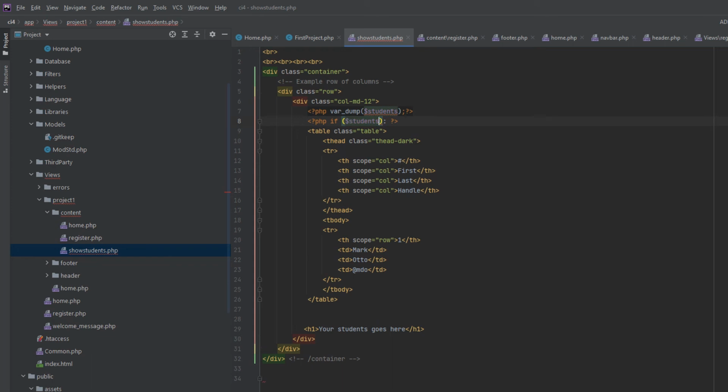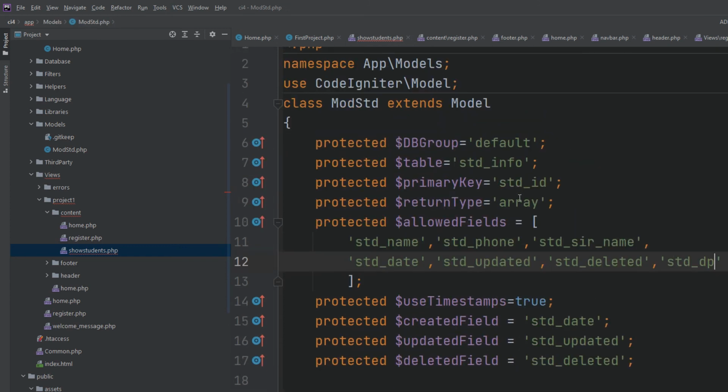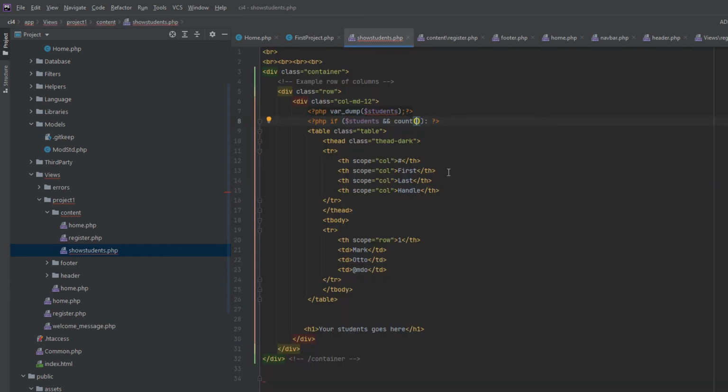I know that we are using the array as a return type, so that's why I always know that we always receive the data in the array format. Now I'm saying if we have the data greater than 0, that means we are getting the data. So please show the table. Now I'm saying else,